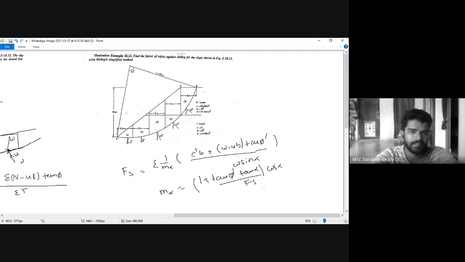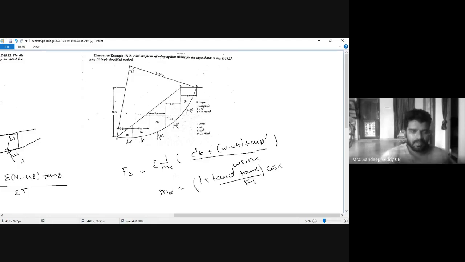Because there are so many unknowns in this factor of safety equation. You need to calculate what is B, what is U, and what is W. Okay, what is m alpha. A lot of unknowns are there. So for this, the table will be a little bit lengthy and bigger. If you understand, then you solve it. Otherwise, you will take one class extra to solve the Bishop simplified method.